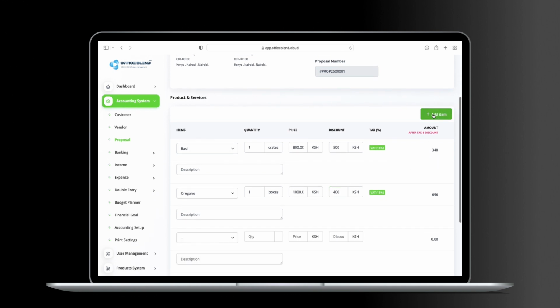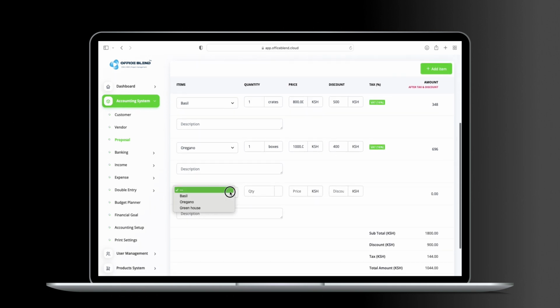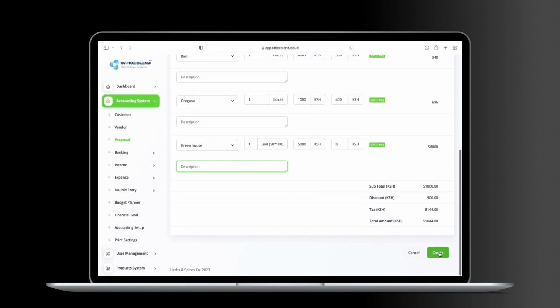And let's say you are creating a warehouse or a greenhouse for the customer. You can select a greenhouse, one, and the price will feed itself automatically. Now remember, all these taxes are set up within the system, which I'll show you in another tutorial, and I'll also show you how to create the quantities, the units, and how to add items to the system. You can also add description of the items here. Now once you have created, you can hit the create button,